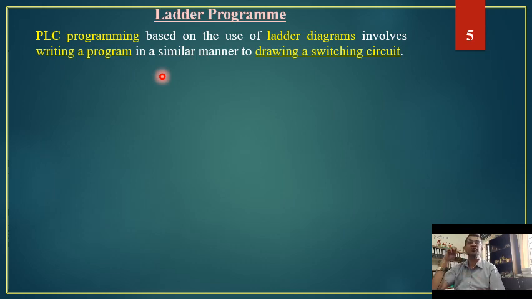And you know, every part of the circuit is represented in one or the other rung. So that is why executing or working with the whole circuit means executing the circuits that we have in different rungs, or operating with the different circuits that we have in the rung. And every rung represents a program. That is why execution of the programming means executing or getting the work done by a full switching circuit.